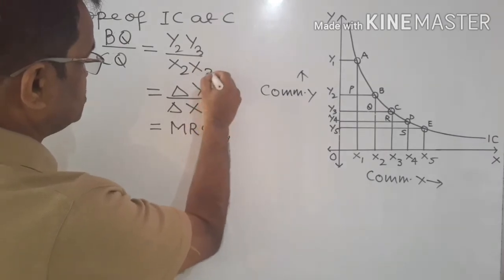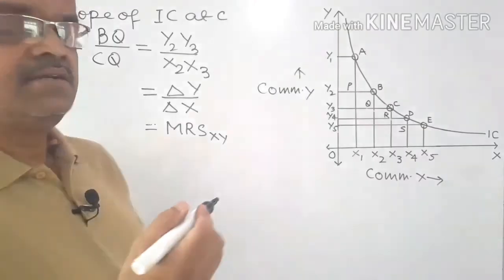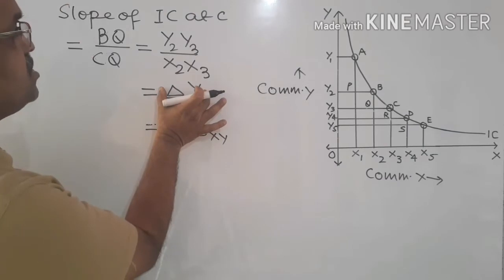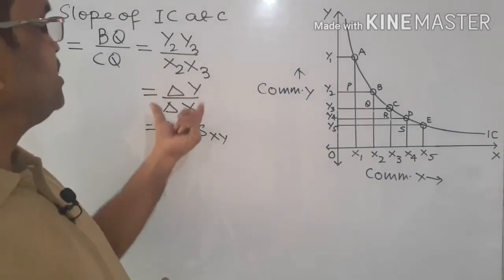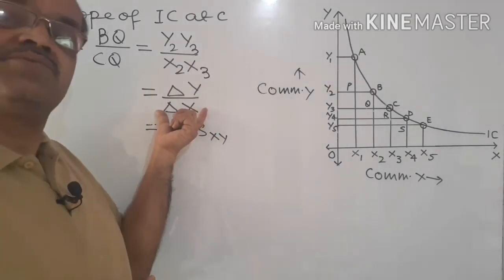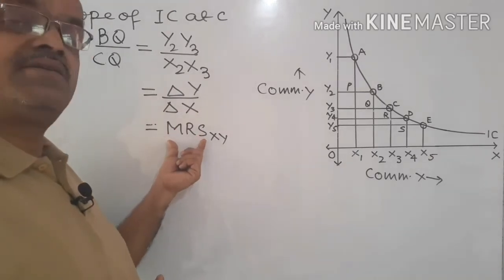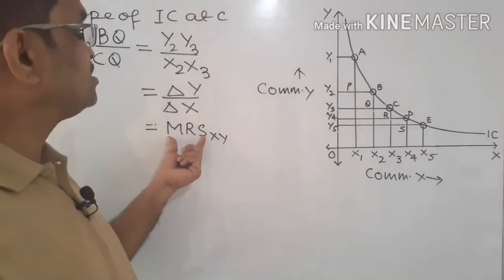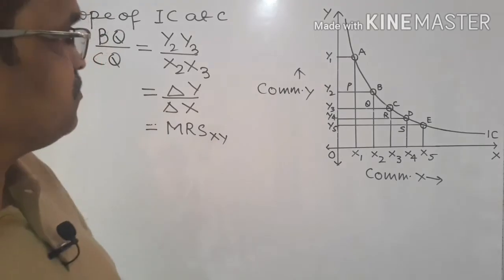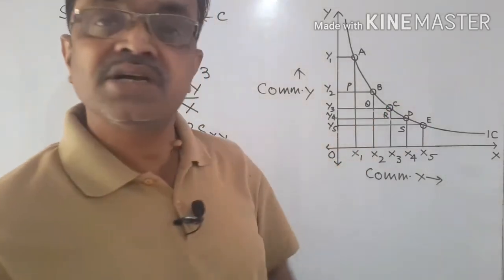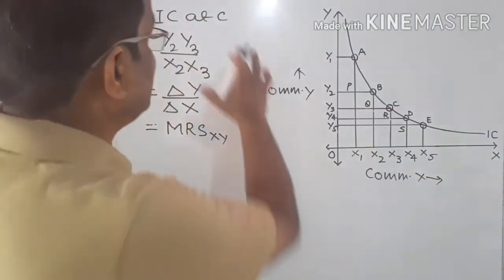And what is this ratio? That is the ratio of the changes in the units of commodity Y and the change in the units of commodity X, which is none other than MRS, that is marginal rate of substitution of X for Y at the point C on the indifference curve. Similarly, at point D,